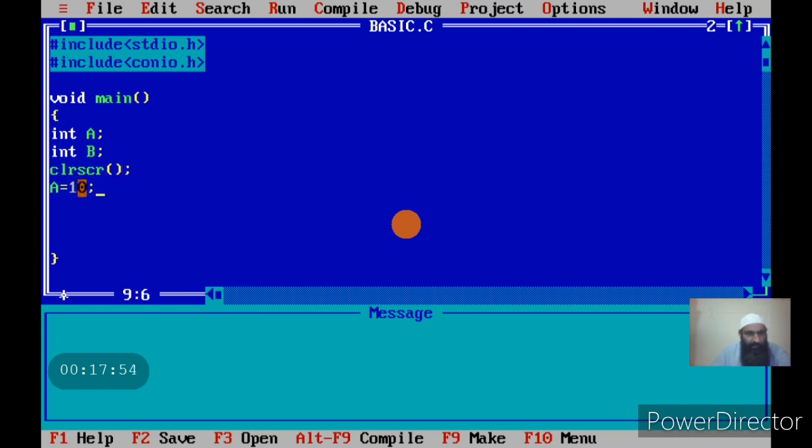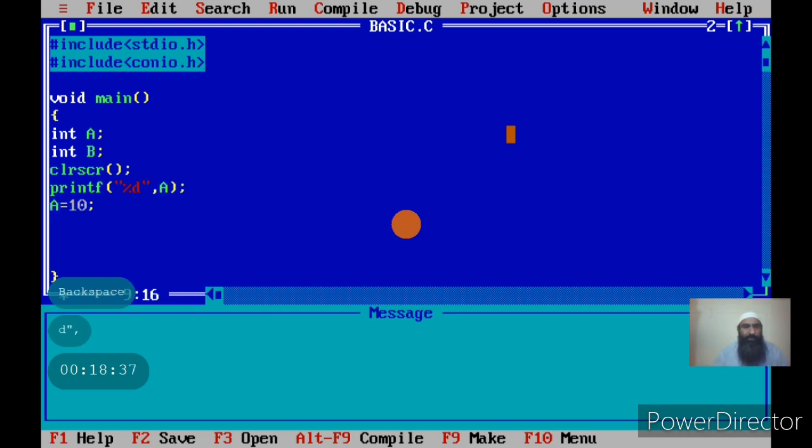Right now, let us understand this, that we are putting the value 10 in a memory location A. This 10 is being written into the A, and this statement is written by the programmer. Let us try to print the value before I assign the value to the A. We learned printf in the previous example. We have to write printf, then we have to give the format specifier. If I want to know what is in A, the format specifier is %d for the integer, because A is of type integer. I am going to print what is in the A.